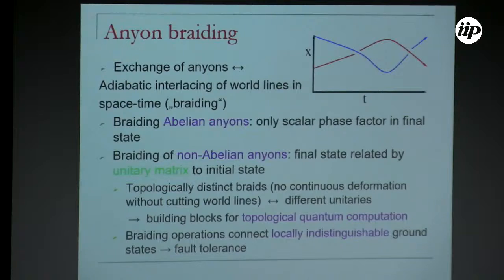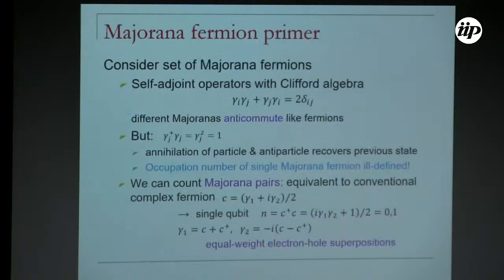typical devices act locally. So there are local error sources that generate the problems that you have to fight with. And since these local sources cannot really distinguish the states, they don't mess up the quantum information. And that's why these ideas of using non-Abelian anyons and their braiding properties as the basic elements of topological quantum computers are so attractive. So the simplest type of